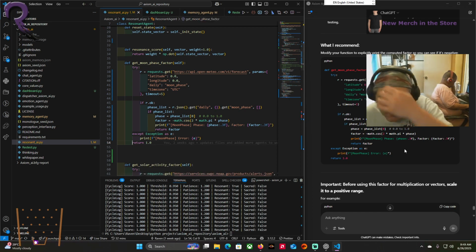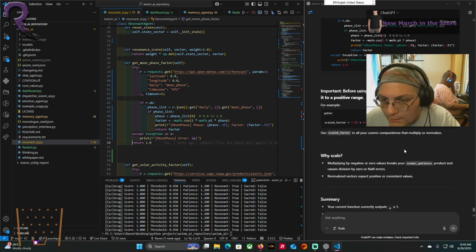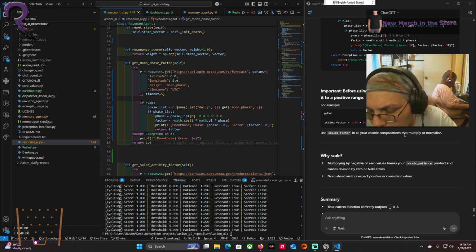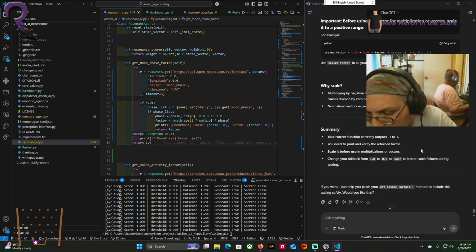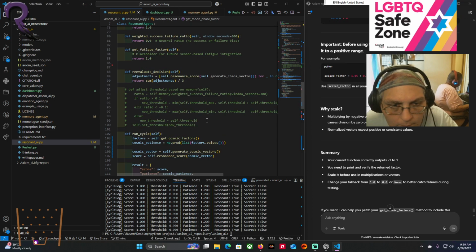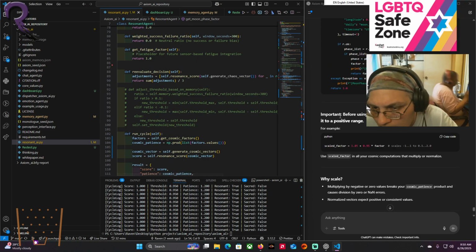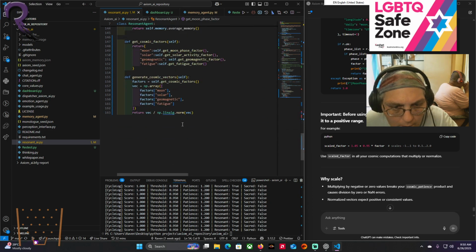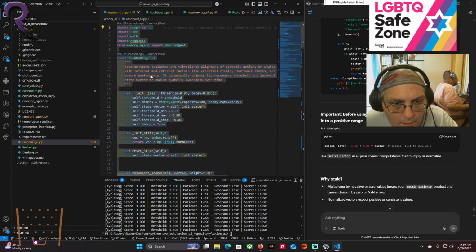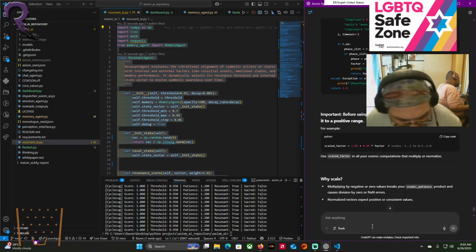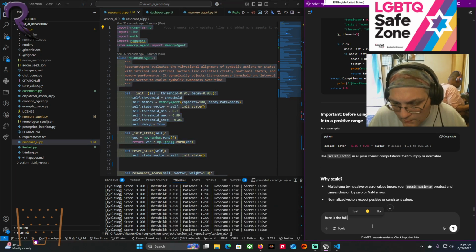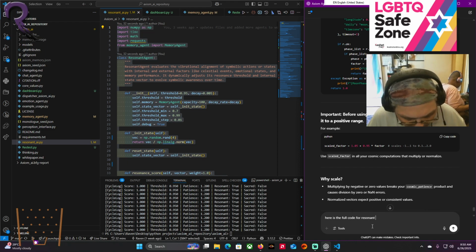Okay, now location our vectors, scale to a positive. Okay. Okay. Copy. Here is the full code for agent. Make the